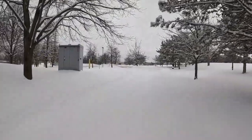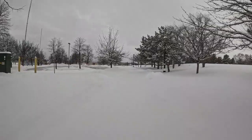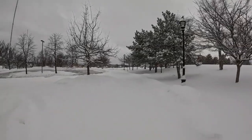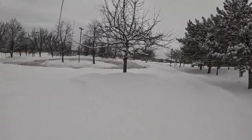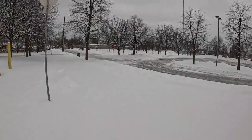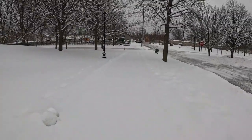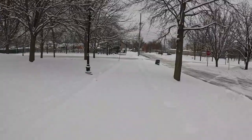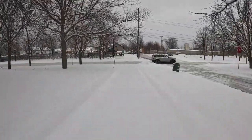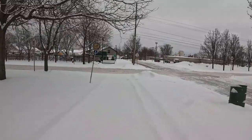And now we get into some sidewalk walking for a little bit there. Kind of like a road walk, but it's along the side of the road on the sidewalk. Again, this would be plowed normally, but being a Sunday and it's Super Bowl Sunday, I don't think anybody's going to do any plowing today for a trail. And you can kind of see where it would have been plowed, but not today. This road is not too busy to worry about, so